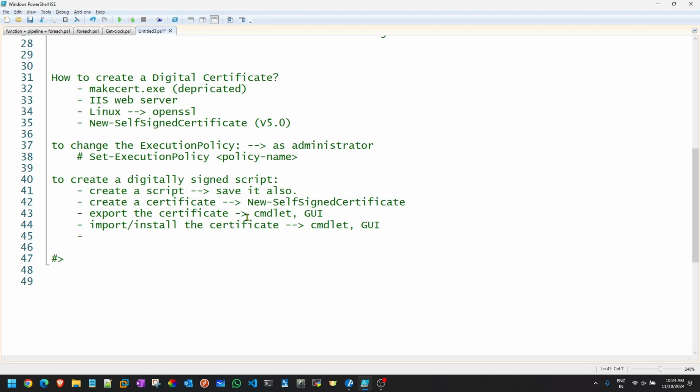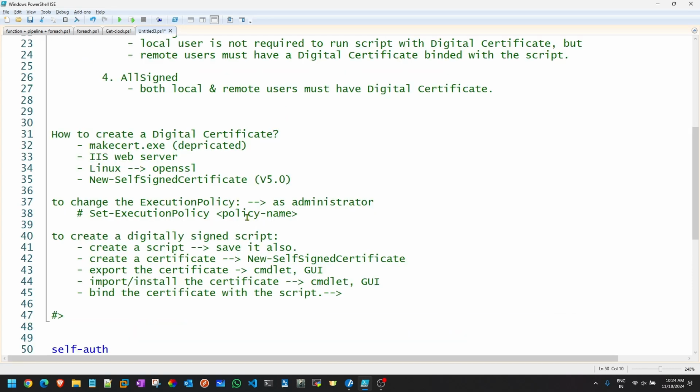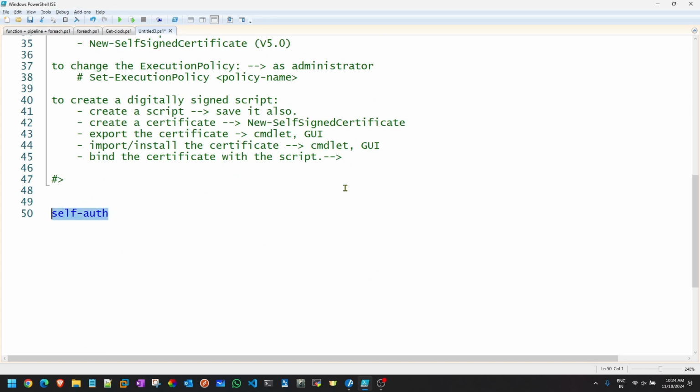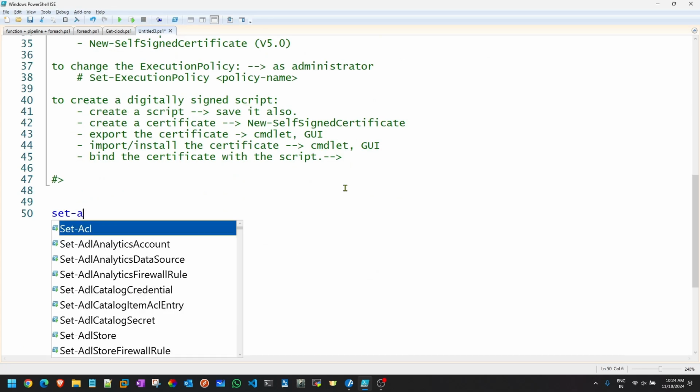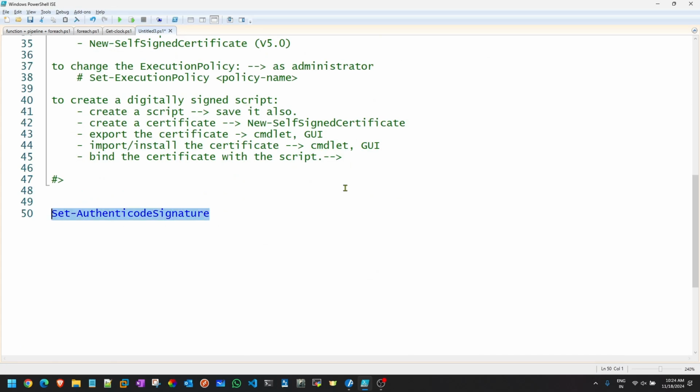Once this is completed, you have to bind the certificate with the script using a command called set-authenticode signature. That's the command.